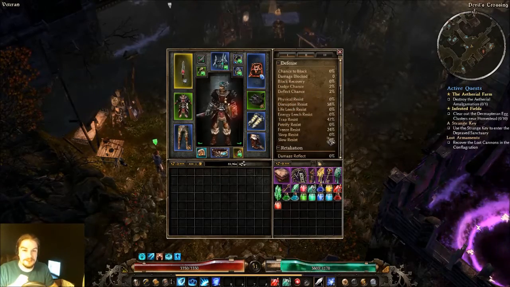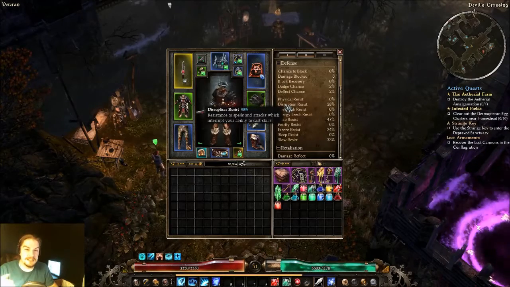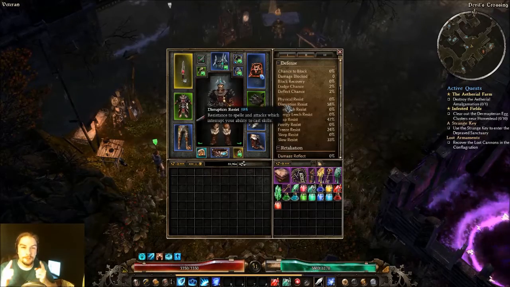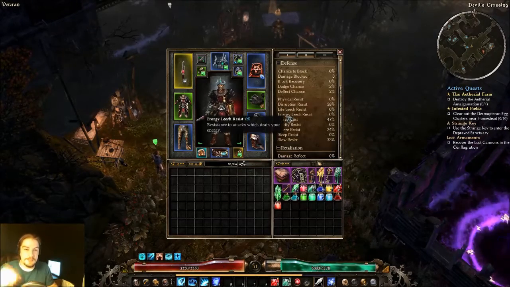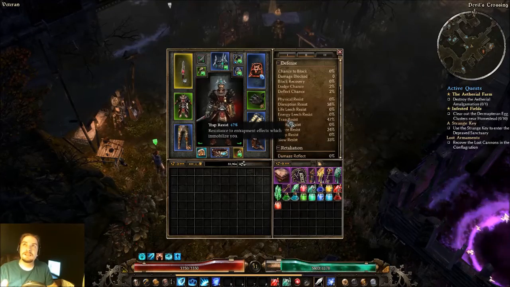And then these are the resists to everything that isn't damage, and of course physical resist. Disruption resist is, you can actually be casting a spell or using an attack and be stopped during it. That's how you resist that. Leech life resistance, if something hits you with leech damage, this is how you resist it. Same thing with energy leech. Trap resistance, this would be like if...